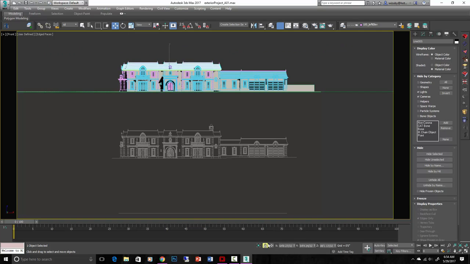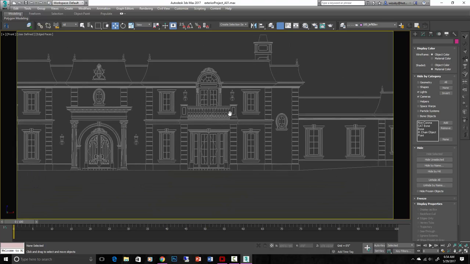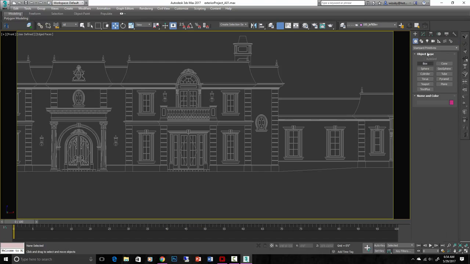If you want to do it with gizmos, then you can also just keep gizmos on and do it like that, or like that, or like that. Depending on where you click is how it will move, what axis it will move in. So what I do once I have this CAD all set up in here and frozen so that I can't move it or select it, make sure that you can snap to it. You want to be in 2.5 snap. What that does is when you draw a line,